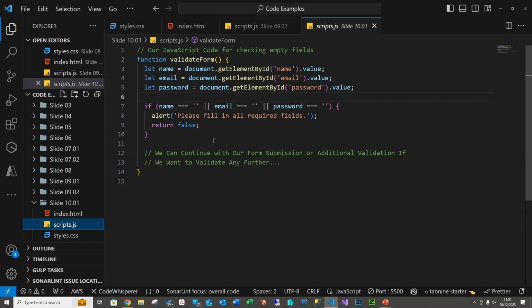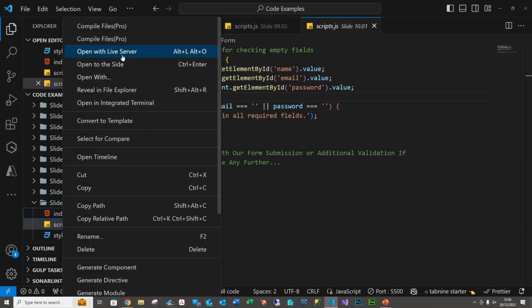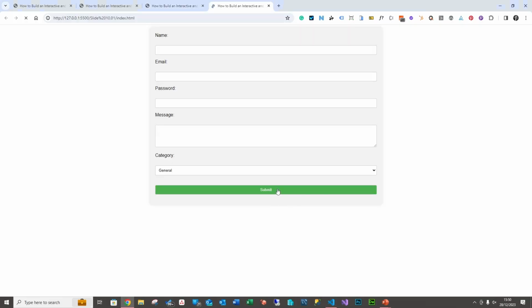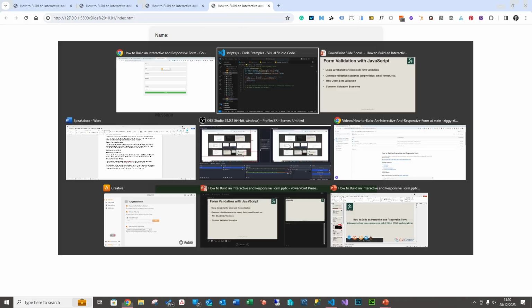Okay, now this is where we could say, here we're using a regular expression for the field, so if the field is empty, it will alert: please fill all required form fields. Okay, so if we load it up here, if I just click on submit, you can see here: please fill all required form fields. And notice in our